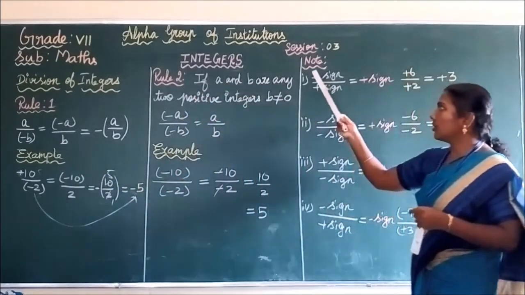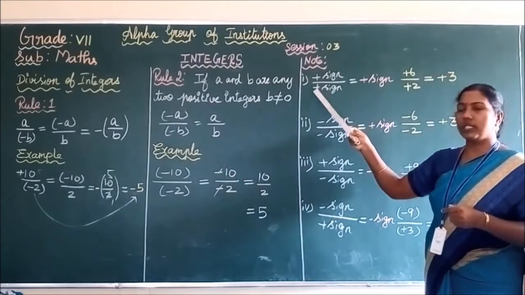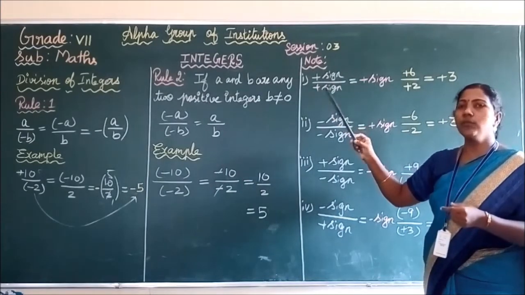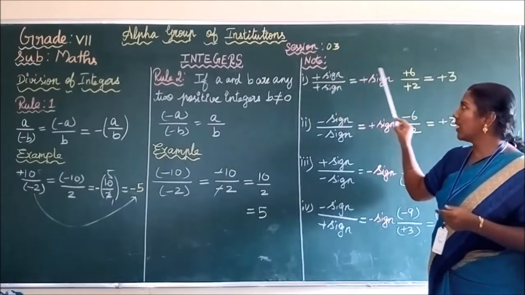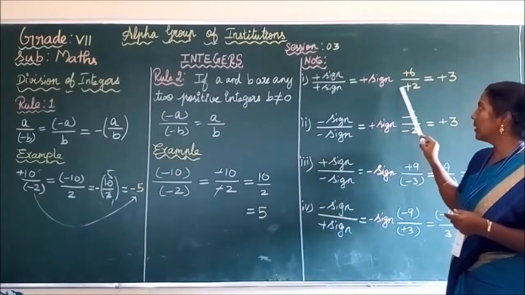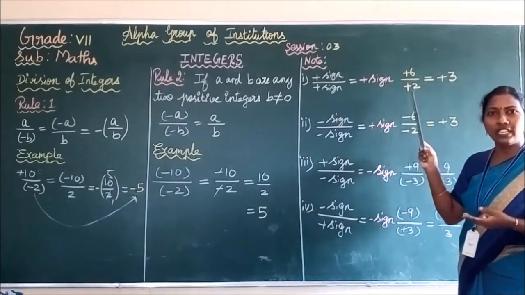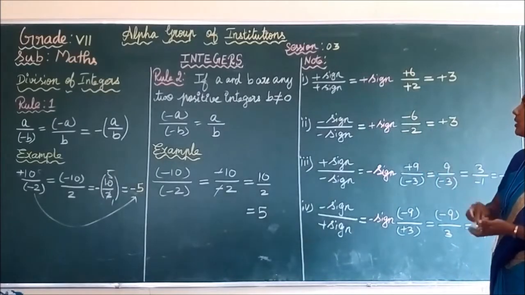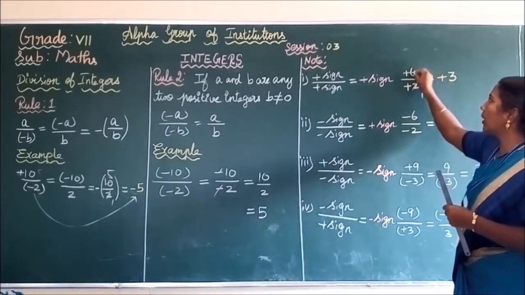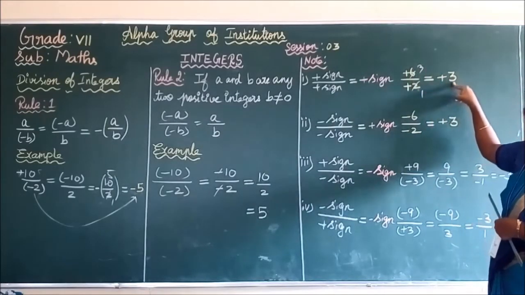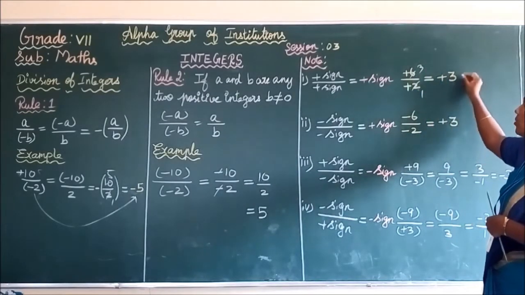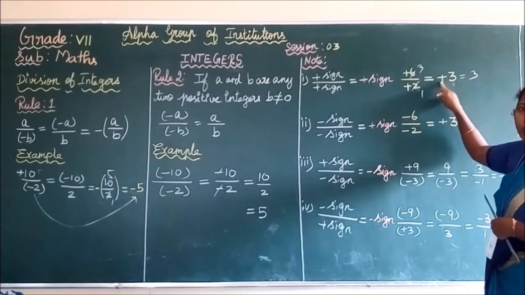Let us see these rules in the note. Okay, see this note children. Plus by plus: suppose you are doing a sum with plus in the numerator and plus in the denominator, then the answer has the plus sign only. See this example, plus 6 divided by plus 2. This is a normal division sum. Divide 6 by 2. Cancel it: 1 two is 2, 3 twos are 6. So you get the answer plus 3. It's clear children. You may also write the 3 as it is without the symbol.